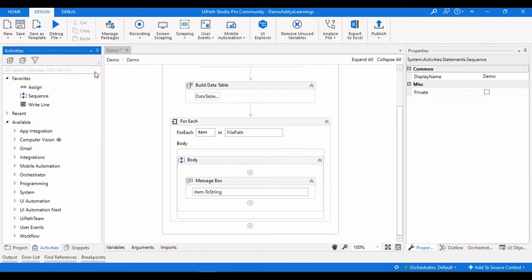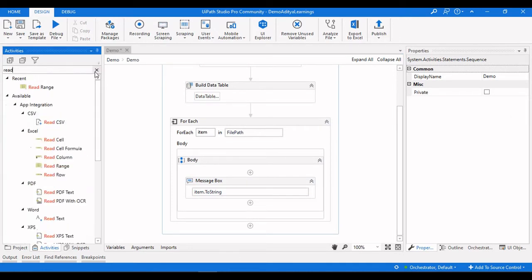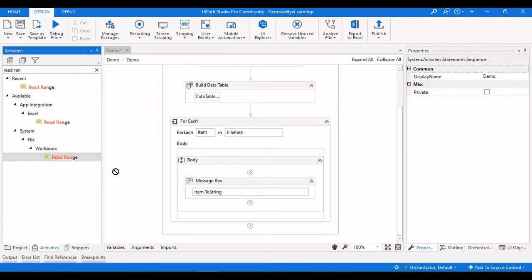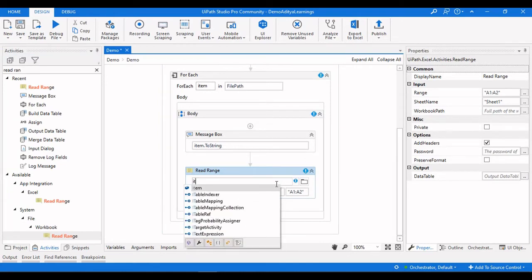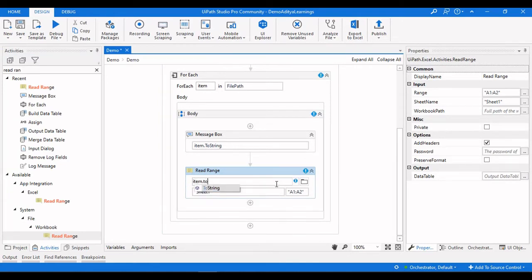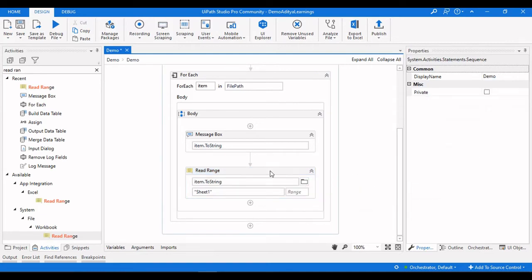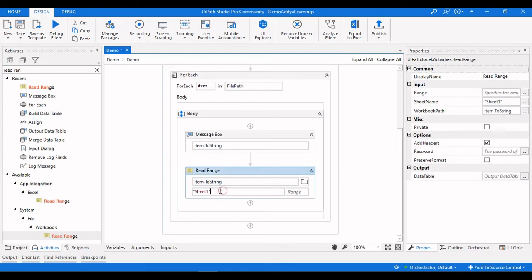Now I need to read that particular Excel and get an output data table from there. So I will use a Read Range activity of the workbook, and the file name here is item.ToString. Now I'm going to read the whole range, so I will remove the range from here, and it is Sheet1, and make sure that you enter the correct sheet name here, which is in your workbook.